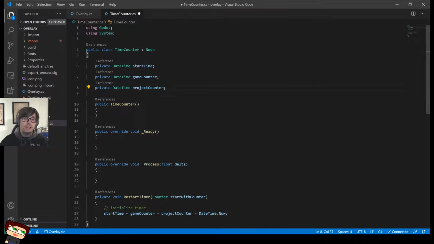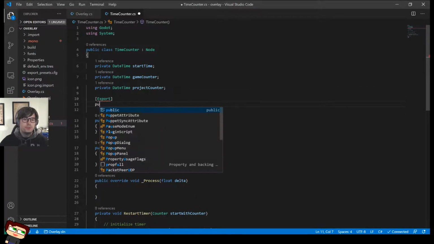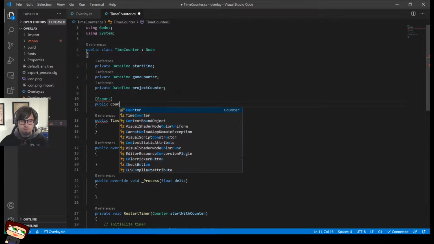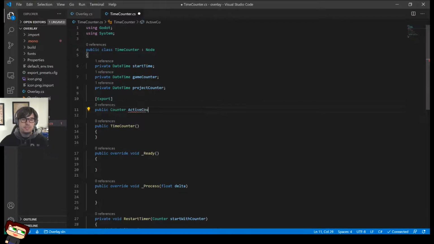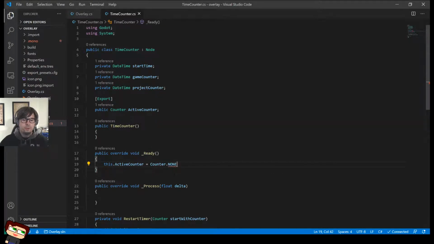So we're going to do export, public Counter ActiveCounter, and then we're going to default that to none, I think. Like so. We'll do this.ActiveCounter is equal to Counter.None.